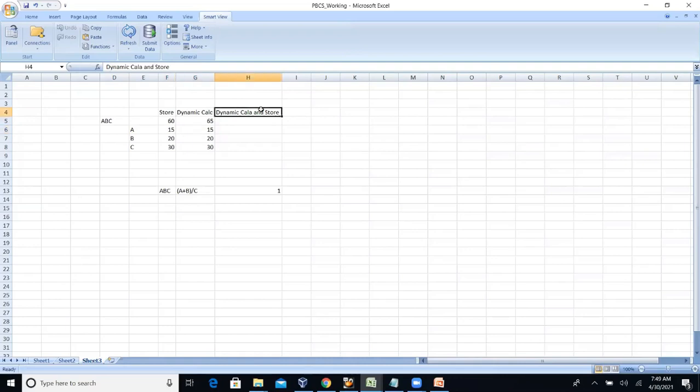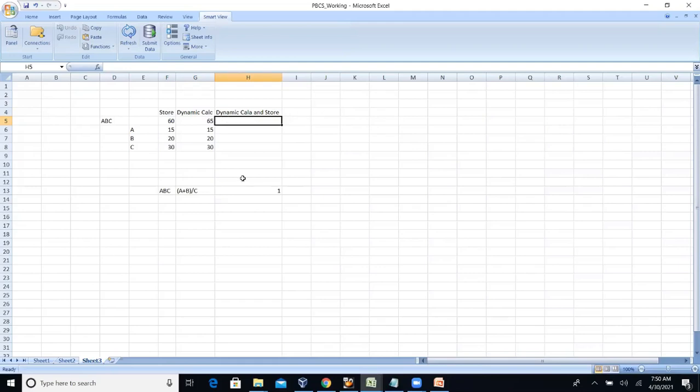And with dynamic calc and store, what happens is that it will calculate on the fly when you are retrieving the data and then store it to the Essbase database. So here the performance is slow, and it also occupies some space in the PBCS application. That's why I never use dynamic calc and store. Basically, I will use store and dynamic calc. It has a few advantages, but I never use it.